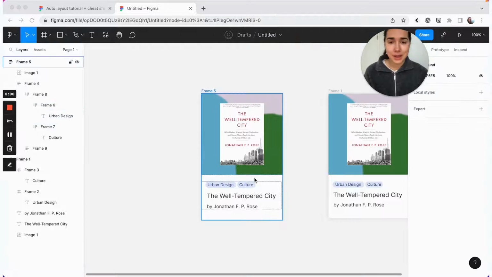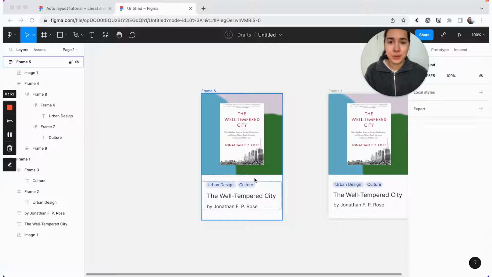I hope that after observing me create these 2 cards, one without and one with auto layout, you're more or less convinced that auto layout can make a designer's job much easier and faster. Of course, it takes some time to get the hang of it, and it's okay if at first you feel like it inhibits your process and doesn't help it.